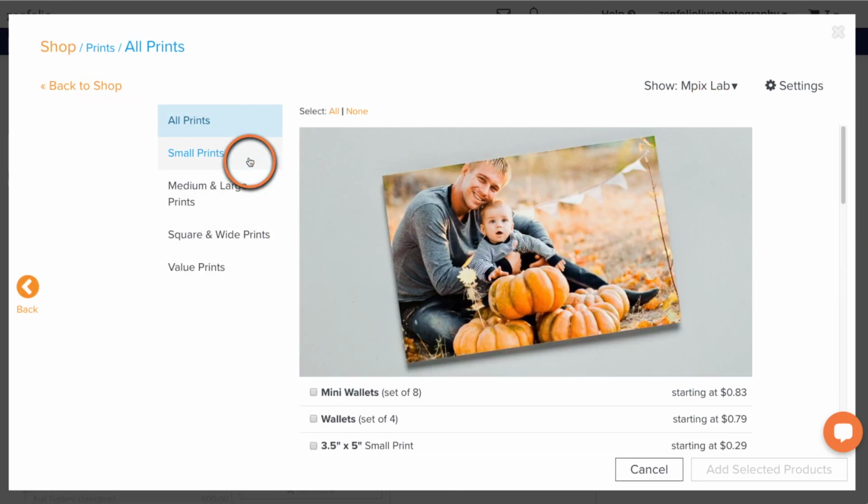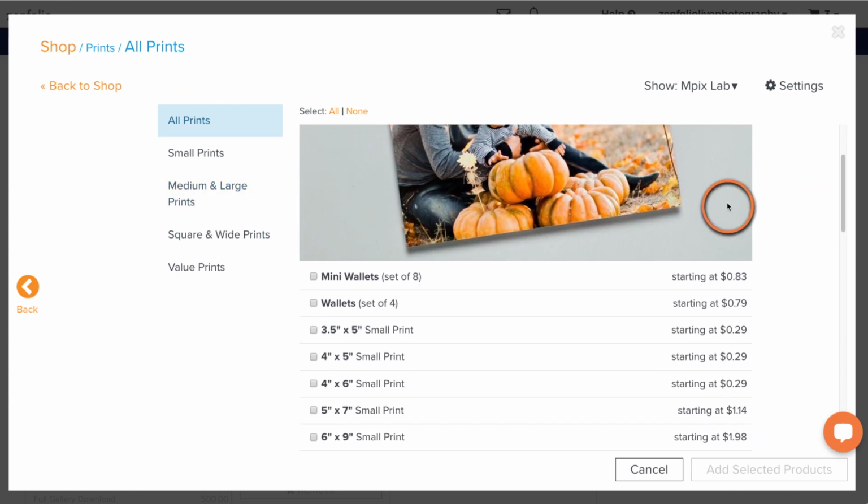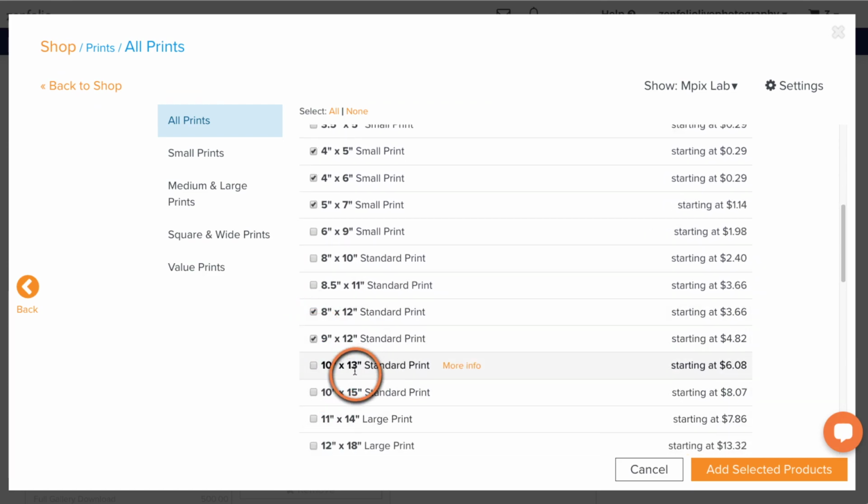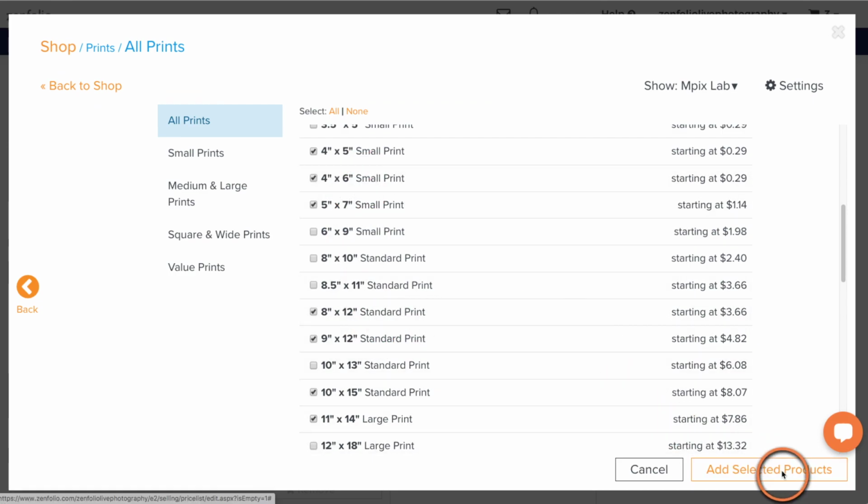So we're going to click on here. We're going to scroll down and start grabbing some products here. So I'm just going to grab some kind of at random, just grabbing through. There are lots and lots of print sizes here that you can offer. One thing that I cannot stress enough is make sure that you know how large your image files are actually capable of being printed. So there's a video on our channel. I'll put it in the description below this as well. Make sure that you know how large you can actually print your image files. All right, so we've just got some random print sizes. We're going to add those in.